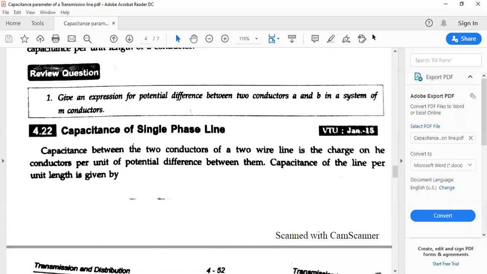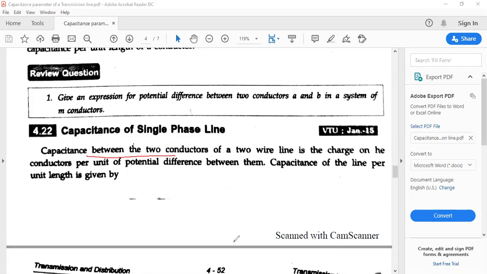Okay, so let me move on to the next topic, which is quite similar to that of inductance. All the derivations in this chapter are related to inductance, which we did in the previous session. This is the capacitance of a single phase two-wire system. So you have a single phase line where you will have two conductors, say A and B. One forms the forward path and the other forms the reverse conductor or the return path. Next, what do I need to do?